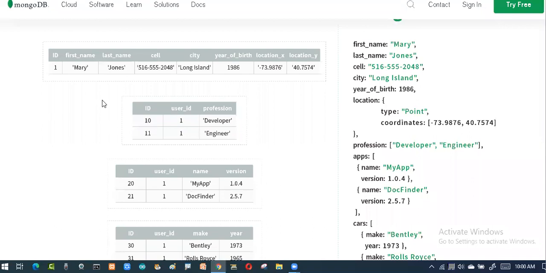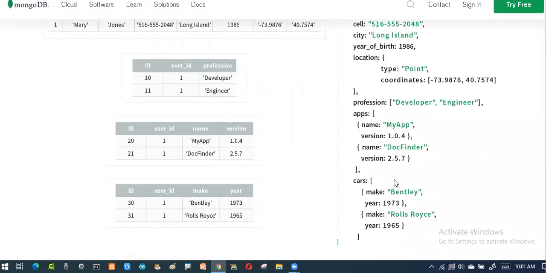That means if I put the question in this particular box, automatically it will take care of picking up from different entities. So this is one entity, this is one entity, this is one entity. All these entities depend on one another. So a single document is trying to give the data. Here you can see again he has two cars. In 1973 he purchased one car, in 1965 he purchased one car. So he is the person using these particular cars.